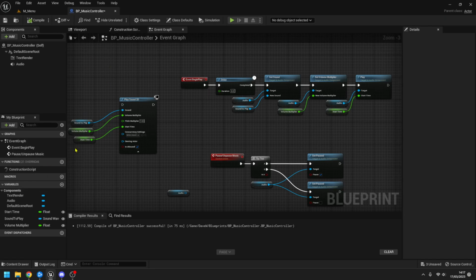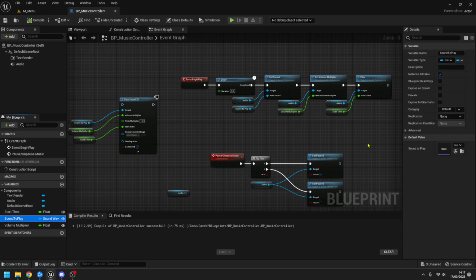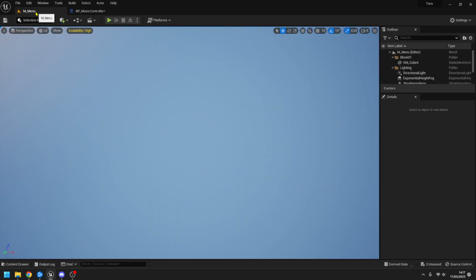Again, like with the audio controller, for example, the sound to play is an exposed variable. So when it's in the level, all they have to do is pick the file that they want to use. I believe that's everything other than bug fixes and other parts of UI, but I've covered all of that